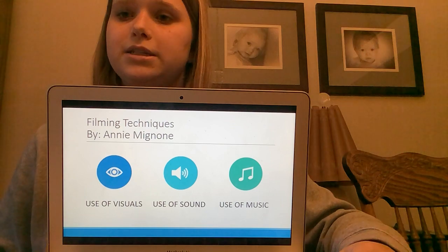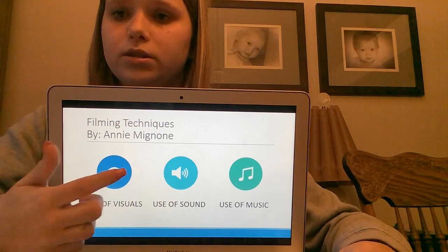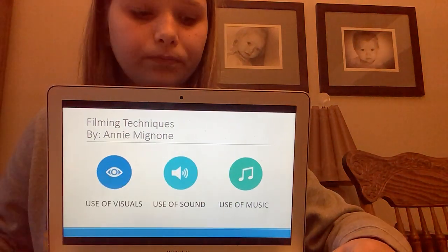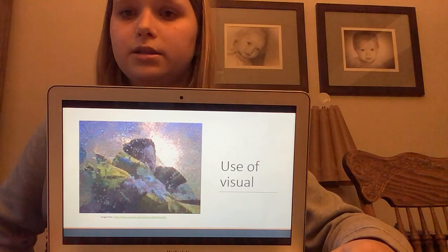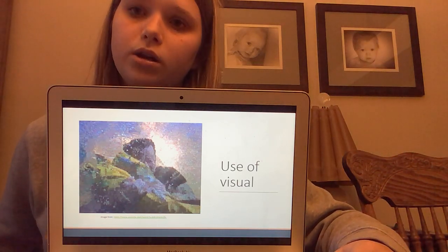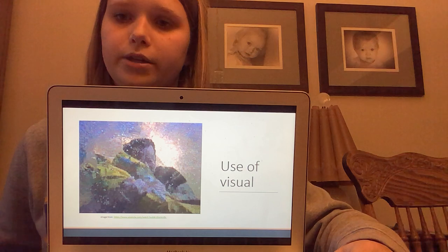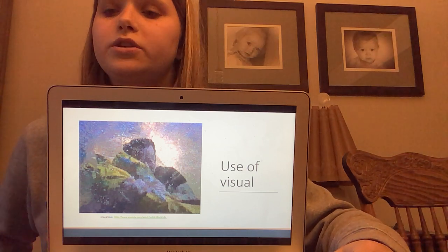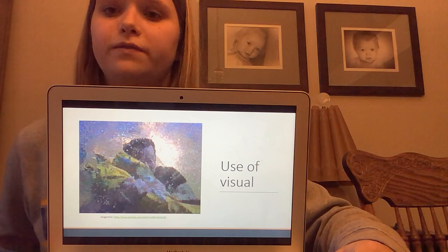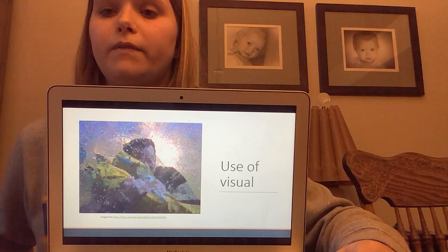The three filming techniques I'm going to be talking about are the use of visuals, the use of sound, and the use of music. So the first one I'm talking about is the use of visuals. A visual in a film is anything you can see on screen. The example of the filming technique use of visuals that I'm going to be using from the film Castaways is